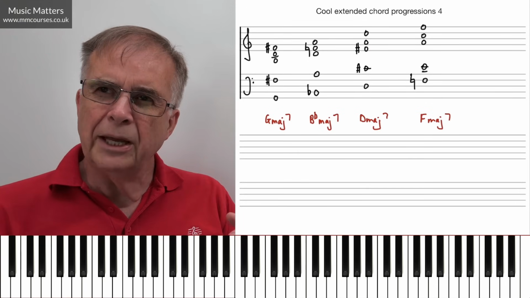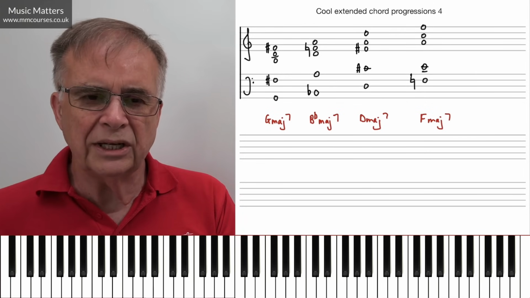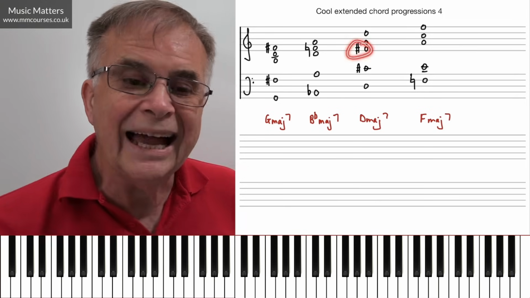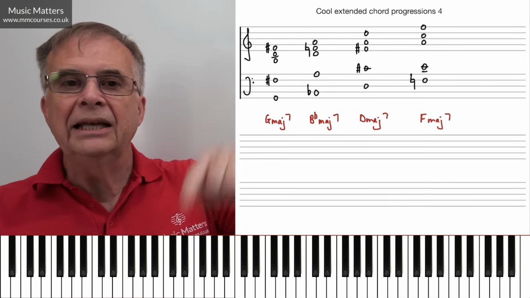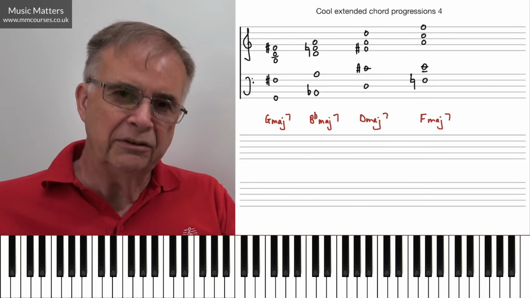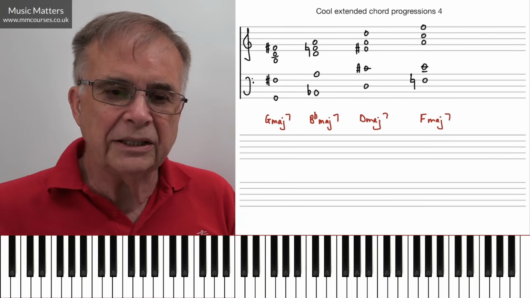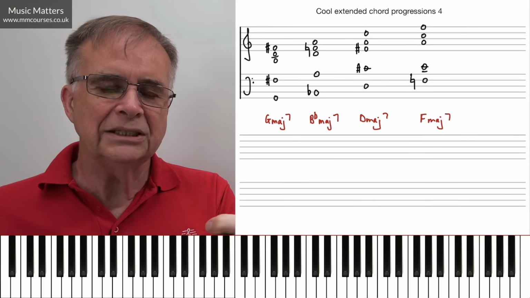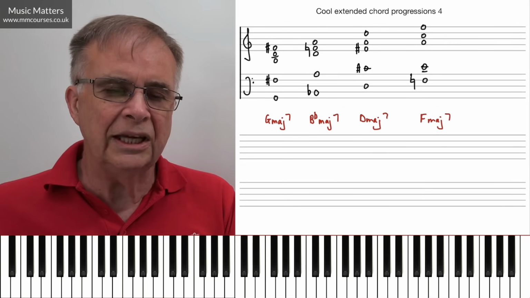So, sometimes if you put those things too close together too quickly, you hear a slight jarring in those false relations. By the way, just to be clear, a false relation is when we have a note with one accidental followed by the same note with a different accidental in a different octave. That's a false relation. So something we generally guard against conventionally, but actually if you separate this out a bit, it doesn't sound too bad in this style. And one thing I think about extended chords is once you get into extended chords, these things actually become slightly less of an issue, which is interesting.